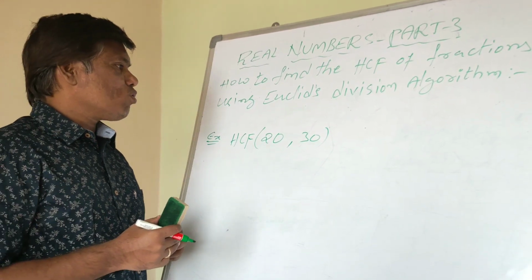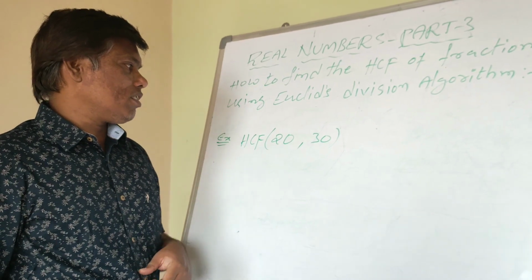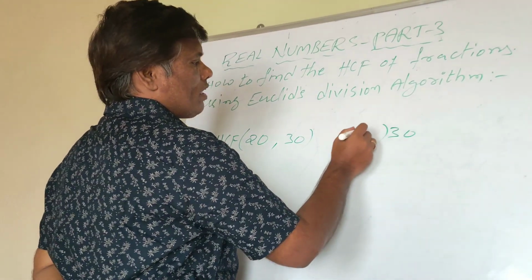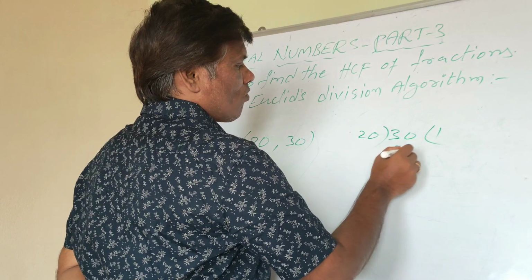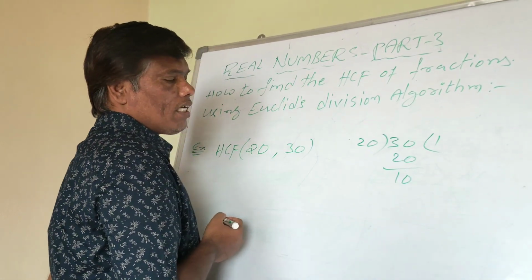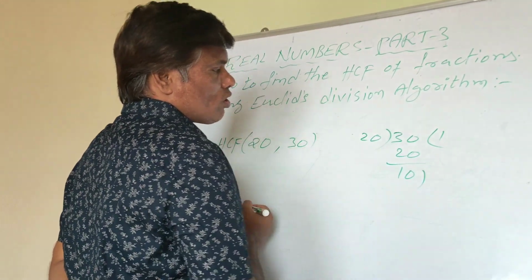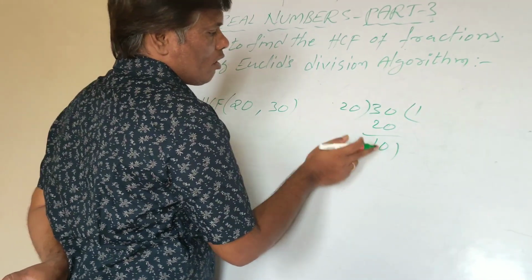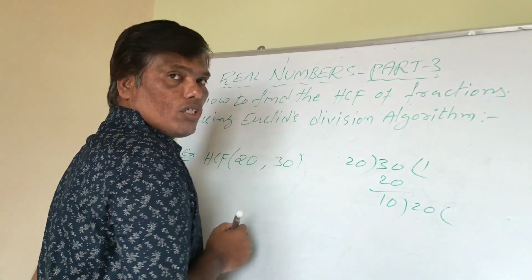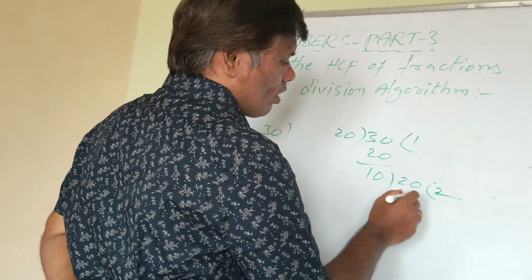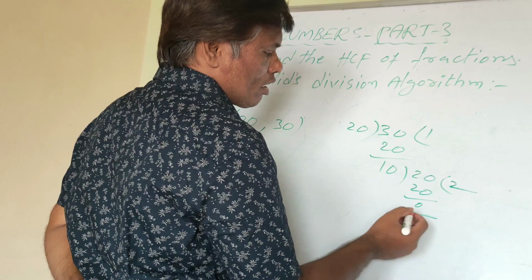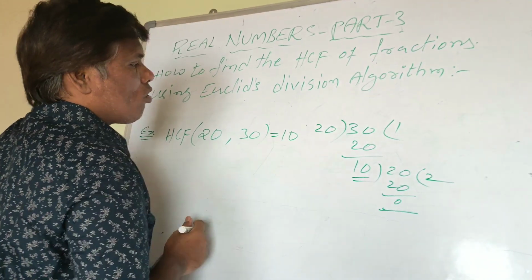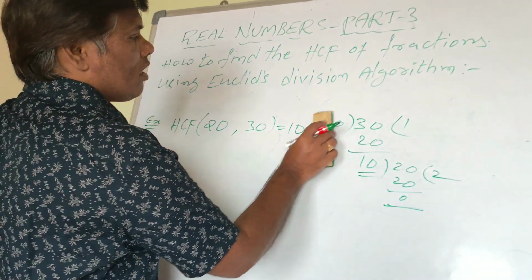So in the last Part 2, I explained how to find the HCF of two positive integers. Okay, 20 and 30. So what will we do here? First, we divide the larger number by the smaller number. 30 = 1 × 20 + 10. So the remainder is 10. If you don't get the remainder 0, then we proceed to step 2. That means we apply the division lemma to the divisor and the remainder. So you write the divisor here and again divide 20 by 10. 10 × 2 is 20. So the remainder is 0. So at this stage in step 2 the remainder is 0, so the divisor will be the HCF. So HCF of 20, 30 is equal to 10.